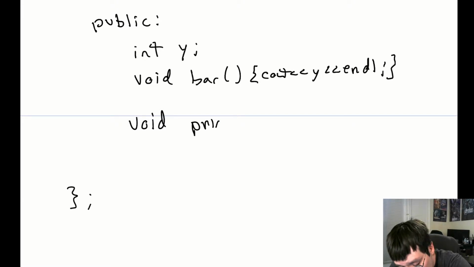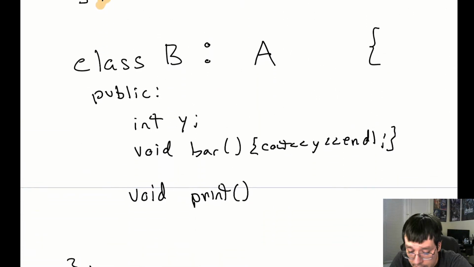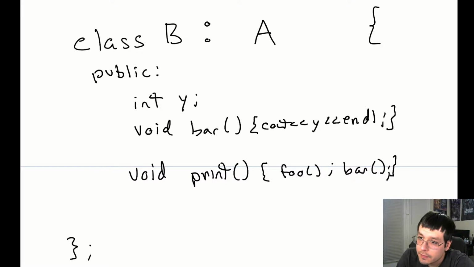So if I say void print with the same parameters, then I'm overwriting it. And in this one, I'm going to go ahead and print out x and y. So I can either just cout them, or I can still call foo from the original one but also call bar. So it prints out both. Yeah? So you can add new variables, add new functions, or should I say add new member variables, add new member functions. You can also override,